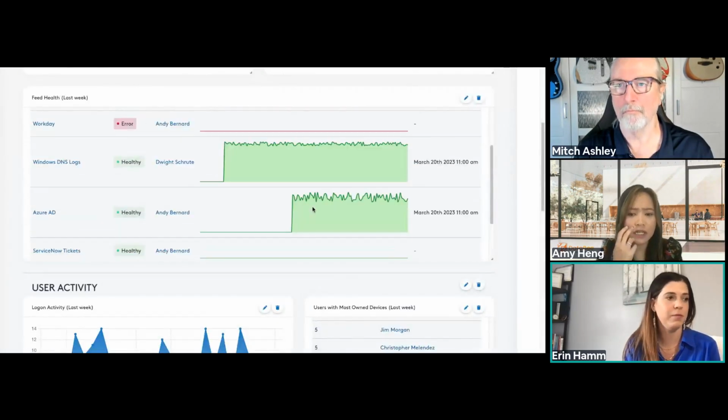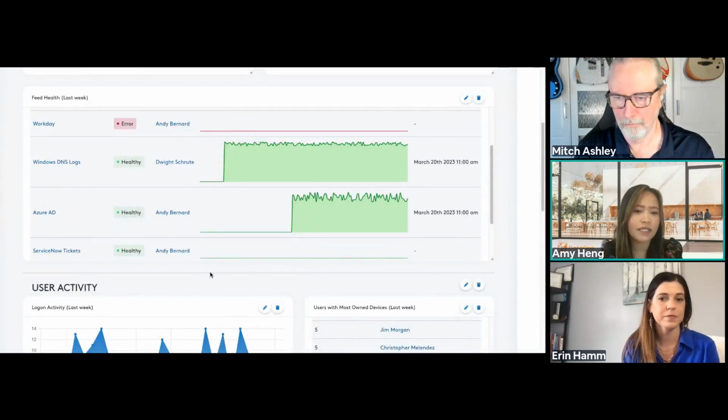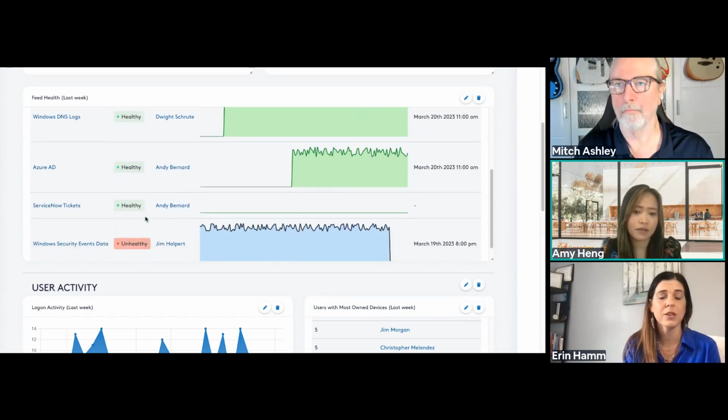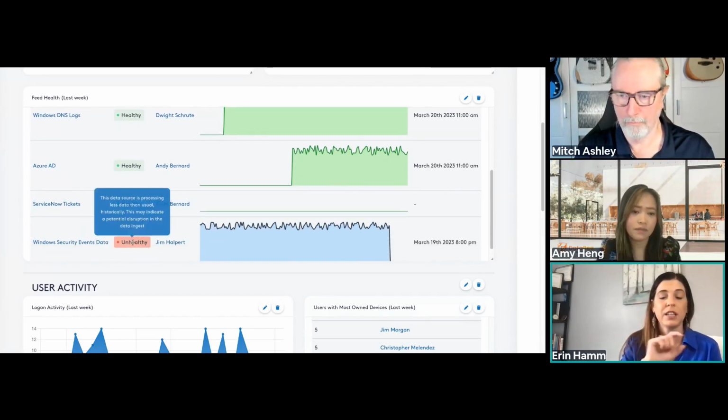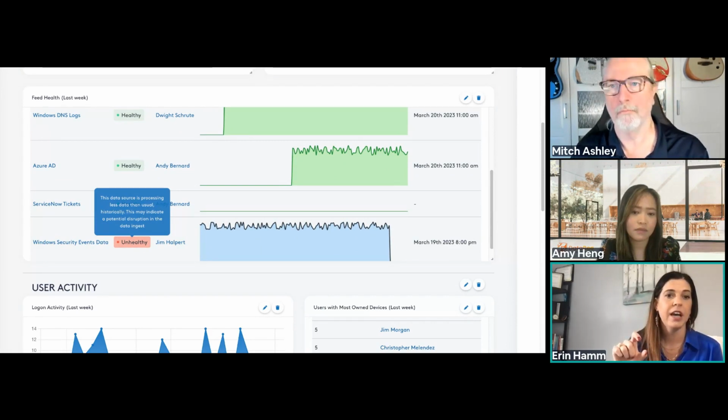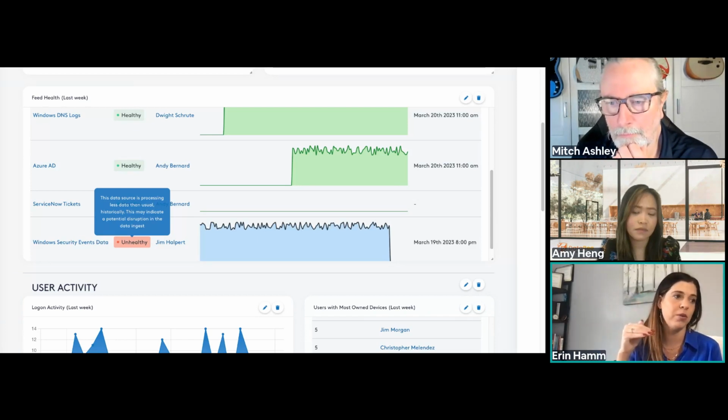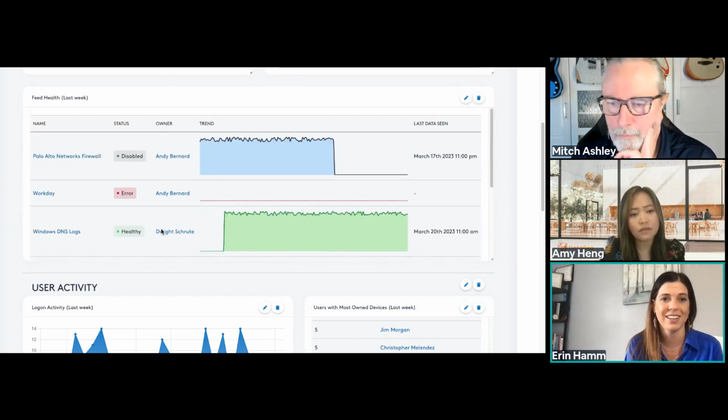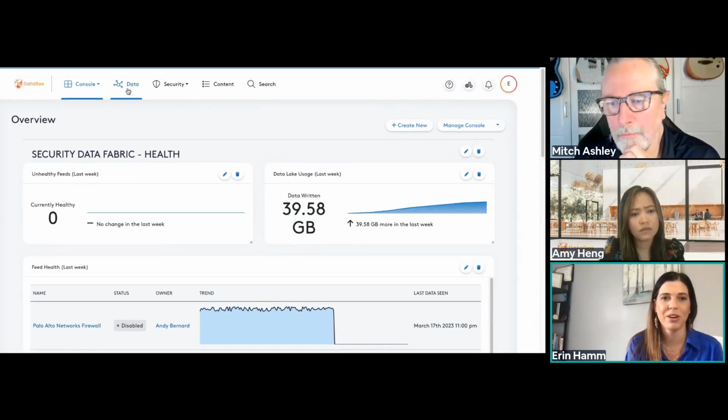Erin, there's a question about what the unhealthy status interprets. Yeah, so unhealthy really looks at the data that's been processed, typically across that feed, and then says whether or not it's less than usual. If it drops below a certain threshold, I don't know what that is. I would have to go back to the team to find that exact number. I want to say if it's under 50% of what it regularly is seeing through the platform, then we showcase it as unhealthy. This is a good segue to the next part of the demo,